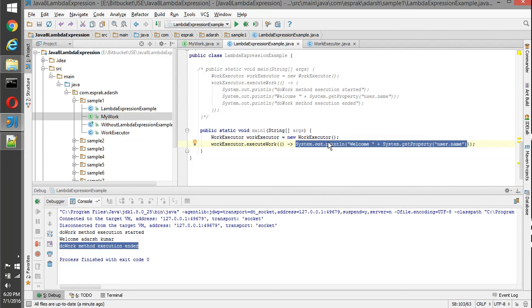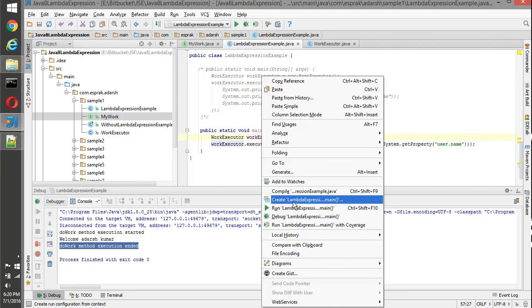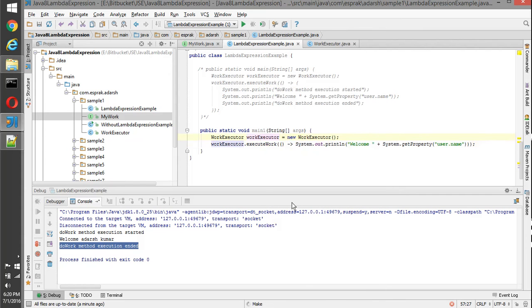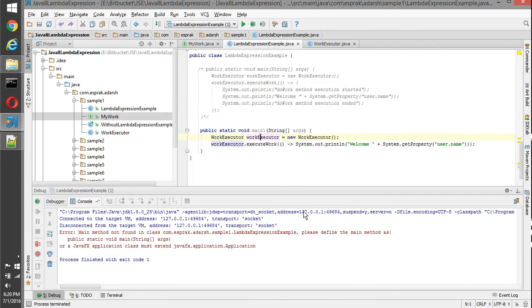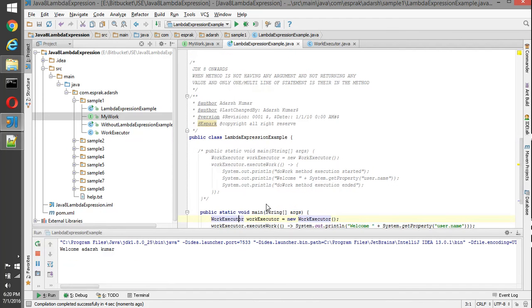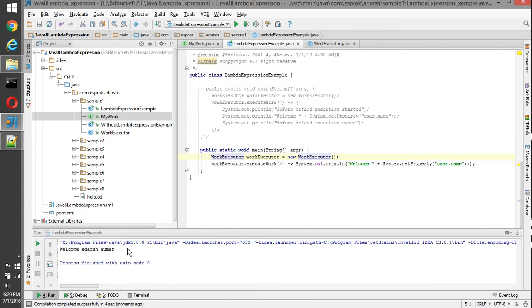Here I have just printed a welcome message, so only the welcome message will come. Here you can see welcome Adarsh Kumar, and it is getting the system name.